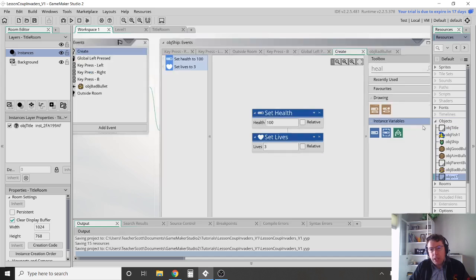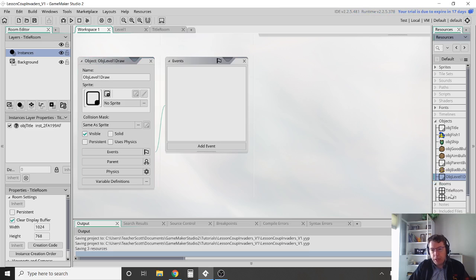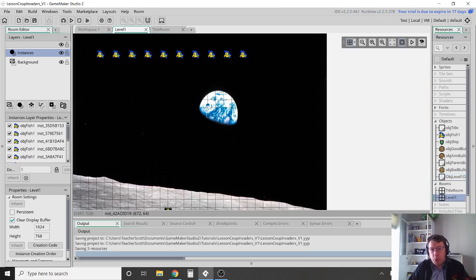Okay, so everything else is here, and instead what I like to suggest you do is create an object that will draw things to your screen. So I'm going to call this an OBJ level 1 draw. Got quite a long name for it, but that's okay. And I'm not going to give it any sprite. Okay, so no sprite. Now because it has no sprite, when I go to my room, and this is important, don't forget, there's my level 1 room, I'm going to pull this object in,